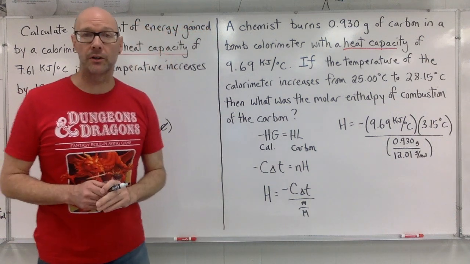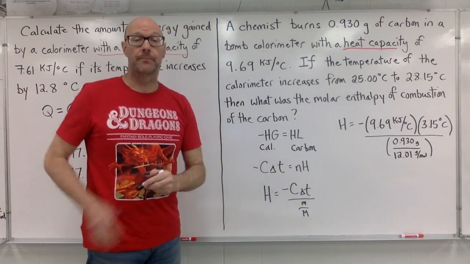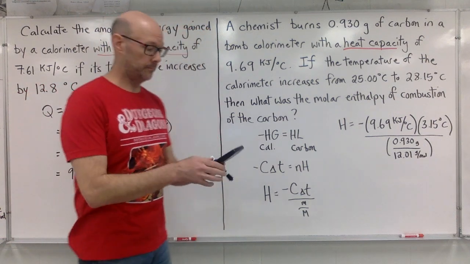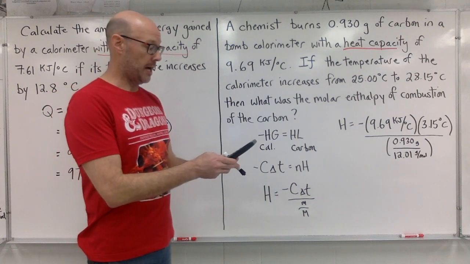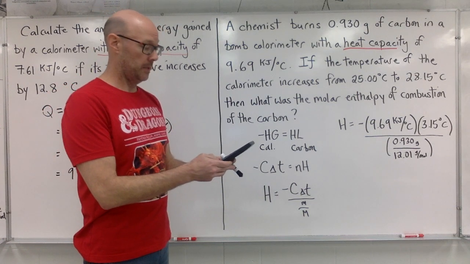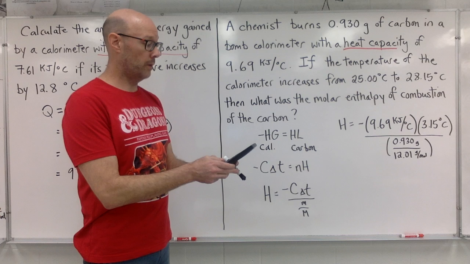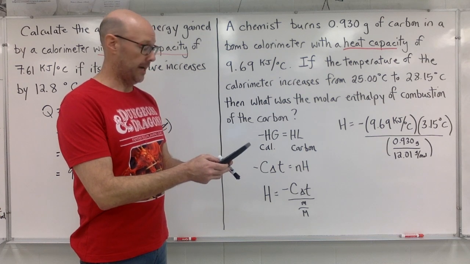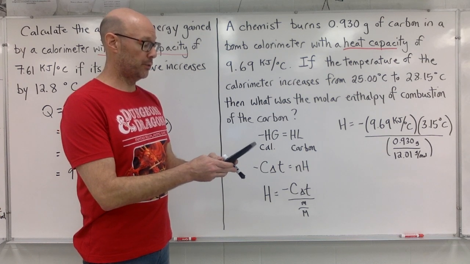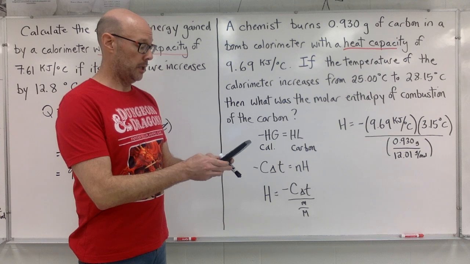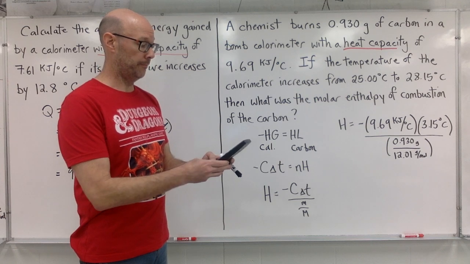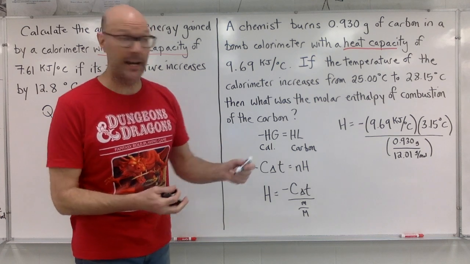I set up my calculation. Let's push our buttons. Negative 9.69 times 3.15 divided by 0.93 divided by 12.01. I got an answer,